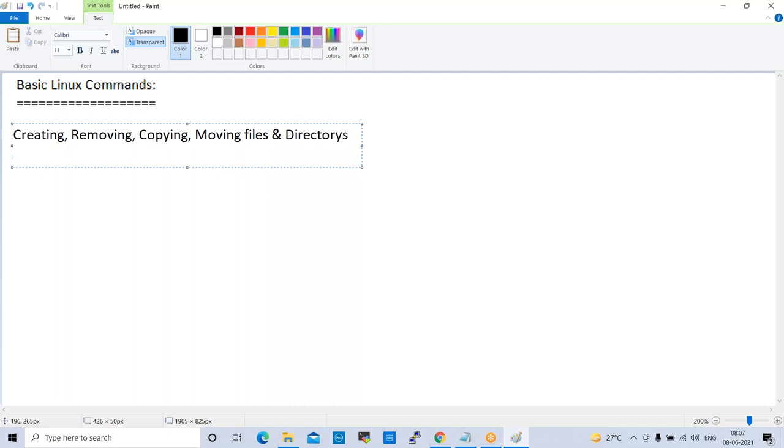So these are the first set of commands. Now we will work on these commands.